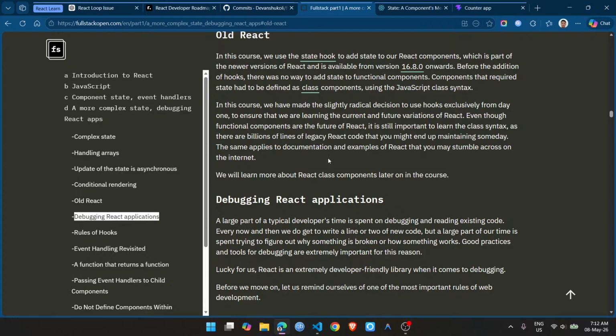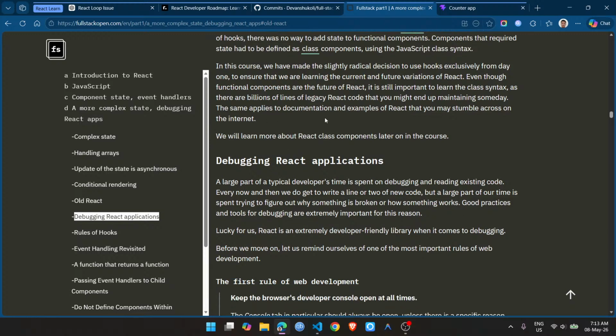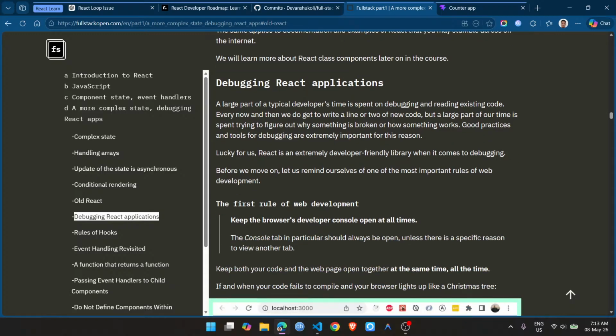Let's read this through. In this course, we have made the slightly radical decision to use hooks exclusively from day one to ensure that we are learning the current and future version of React. Even though functional components are the future of React, it is still important to learn the class syntax as there are billions of lines of legacy React code that you might end up maintaining someday. The same applies to documentation and examples of React that you may stumble across on the internet. We will learn more about React class components later in this course,